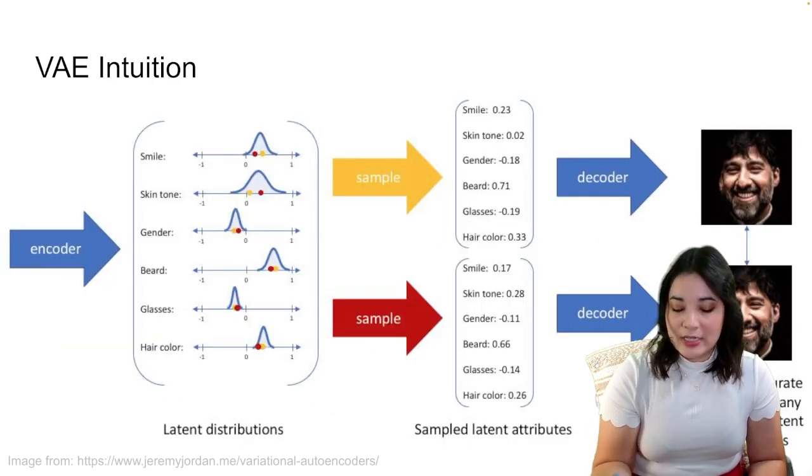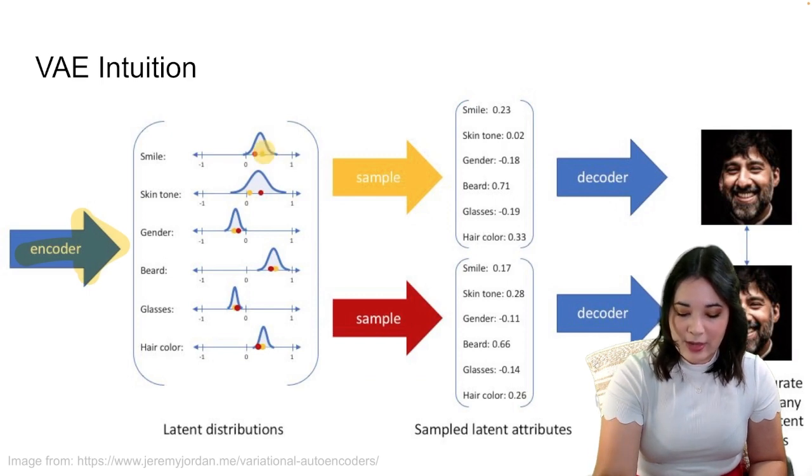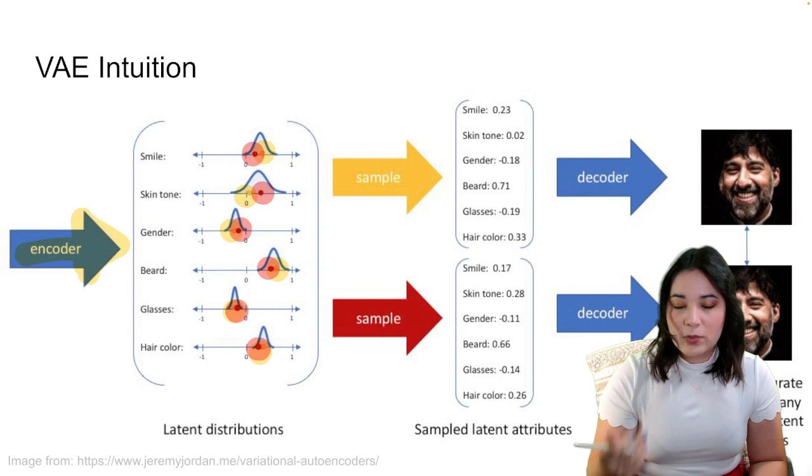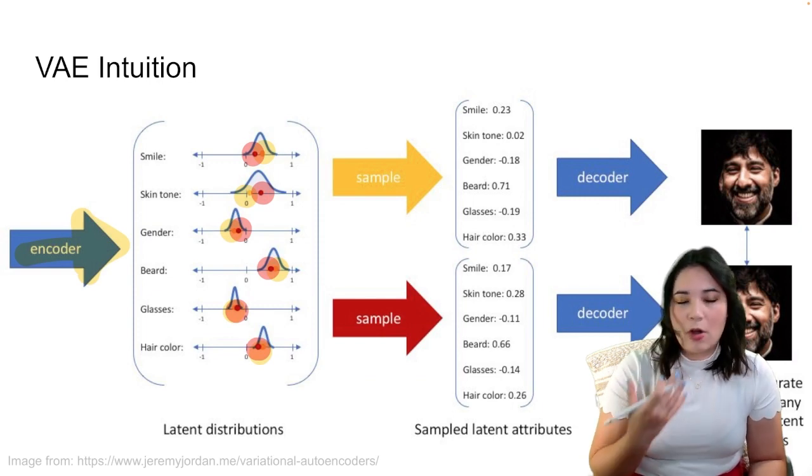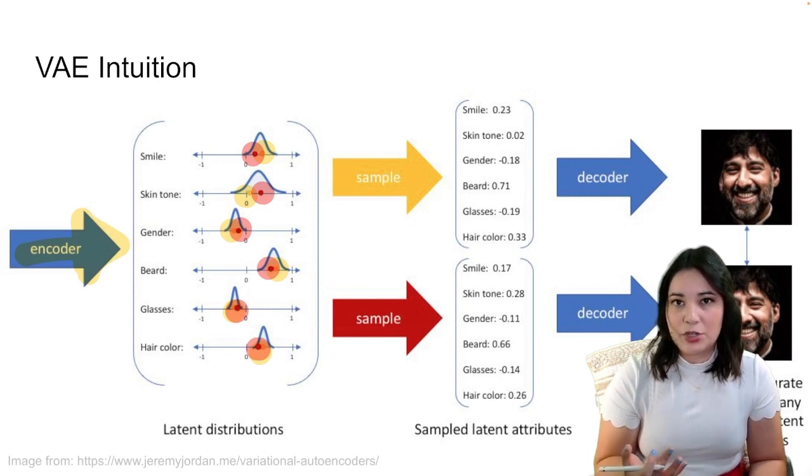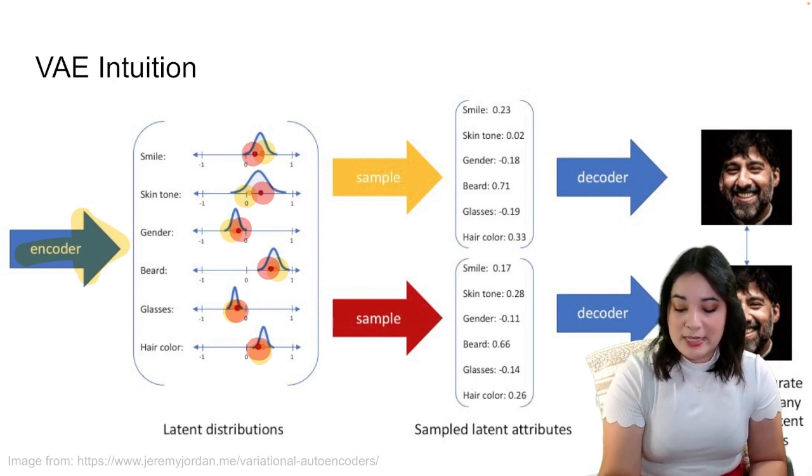For instance, here's an example. We have an encoder that learns the probability distributions for our hidden representation. And then we can take different samples. For instance, here we have this yellow sample that samples all these values here, and then the red sample, which samples all these values here. Now, these samples are really close because they're all sampled from the same probability distributions, but they're not exactly the same. However, when we're training our variational autoencoder, once we take those samples, we send them both through the decoder,